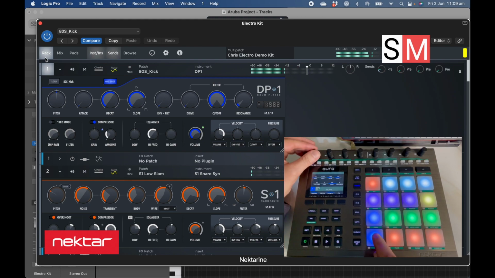You can play with the pitch, of course. Take the edge off if you feel the need to have an attack like that. You've got decay control. Slope, drive, envelope to filter, cutoff, of course, and there are a few functions that you'll find are rather interesting,